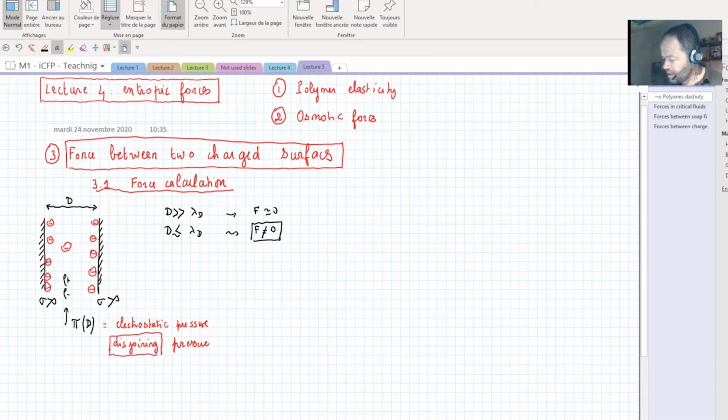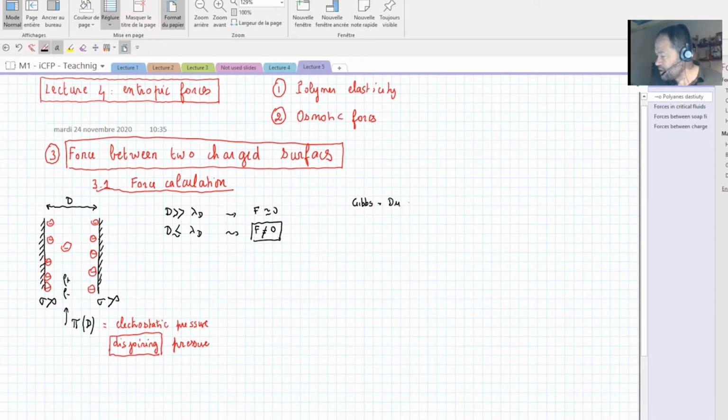That is the pressure which is not the classical hydrostatic pressure that we have in liquid. It is an extra pressure which is due to confinement. And that's this pressure that we want to calculate in between these two surfaces. If we want to calculate this pressure, there are several ways of doing it. I thought about what would be the easiest way for you, and to be honest, also for me. And I think the easiest way is to use the thermodynamical approach.